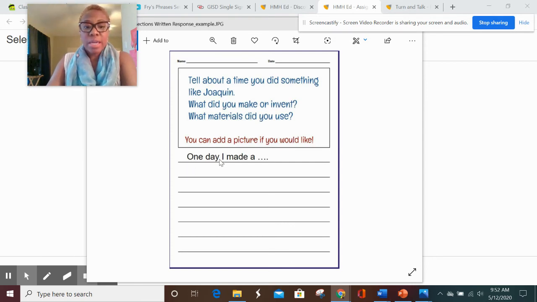So one day I made a fort with my daughter. We used a clothes basket because for some reason she likes sitting in there. We used a clothes basket, we used pillows, we used blankets, and we used our curtains for the roof. I really enjoyed making the fort, and we pretended that we lived in a castle. Okay, so that sounded like about 3 to 4 sentences about a time I did something like Joaquin,